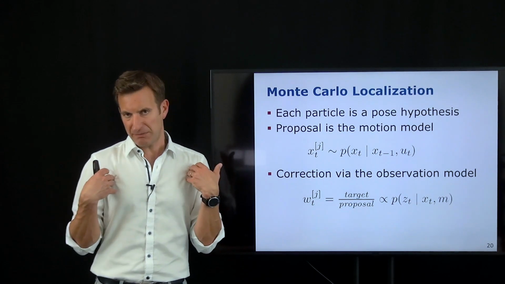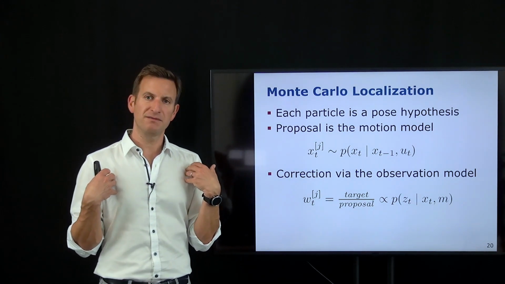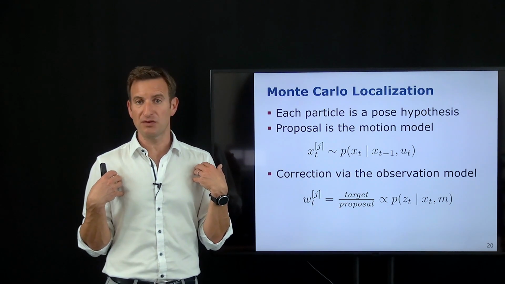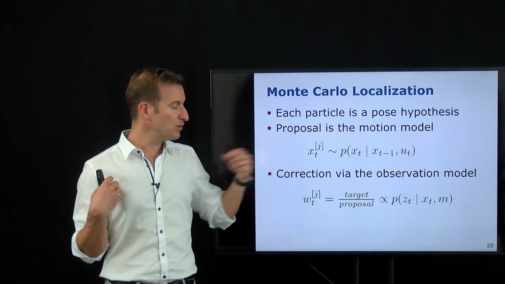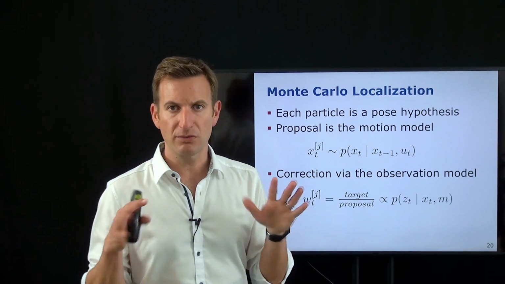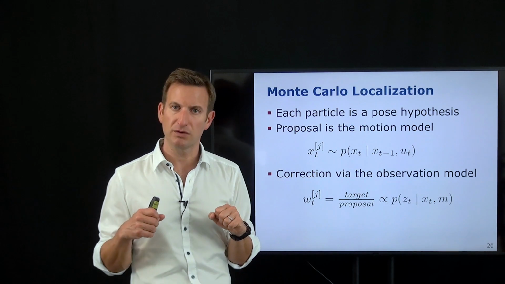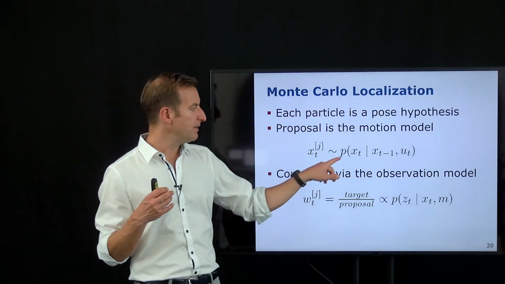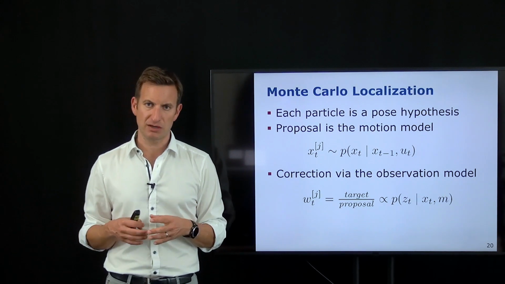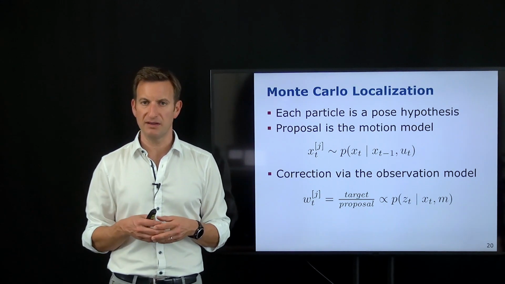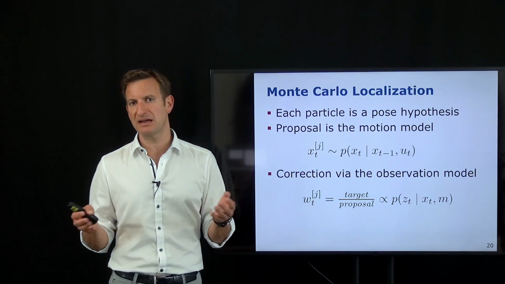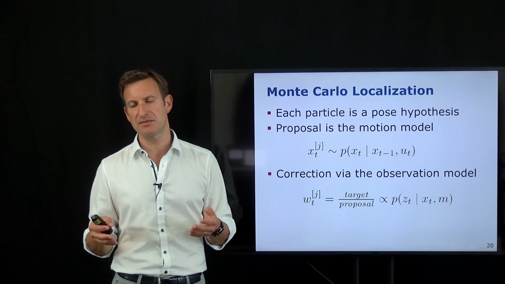So if I'm a sample, for example, within a particle filter or in a sample set of size t-1, and the motion command said, you've driven a meter forward, what I would do here, I would take my position and move it a meter forward, or at least approximately a meter forward. Why approximately? Because I'm sampling from this distribution. And if my motion has noise associated to that, which is always the case in reality, I will not maybe move the particle 1 meter forward, but maybe 99 centimeters, or a meter 2, or a meter 3.